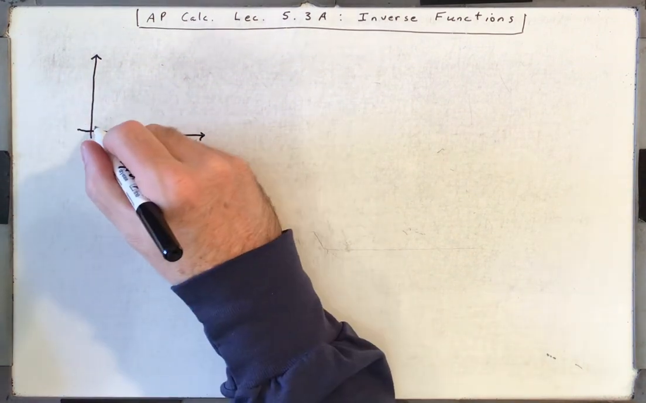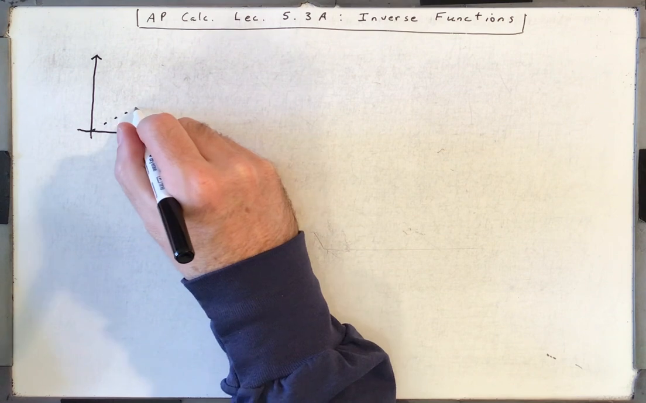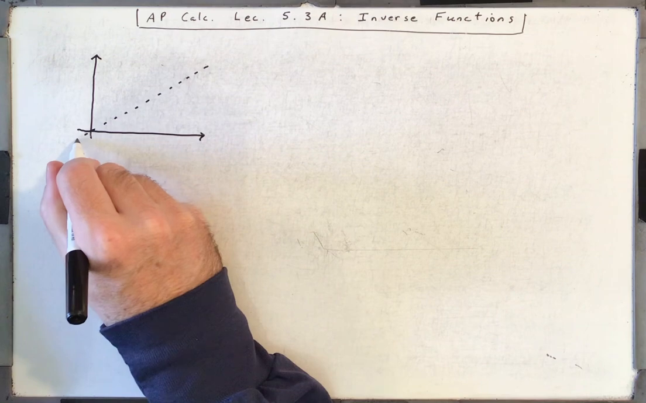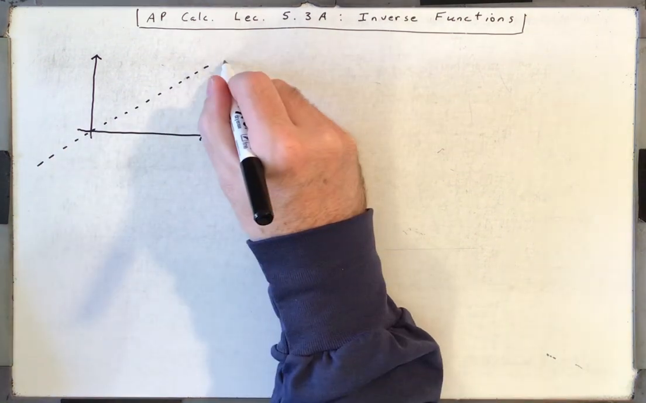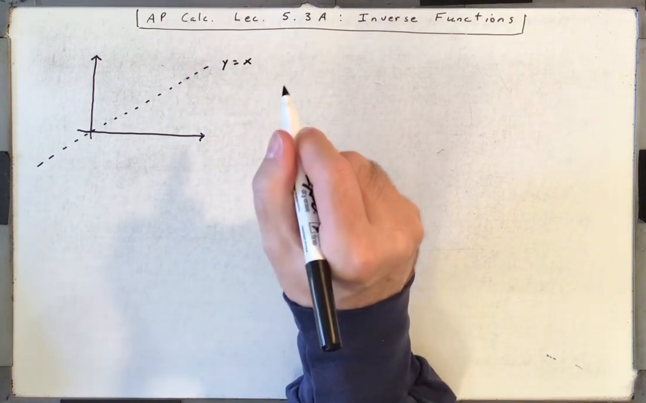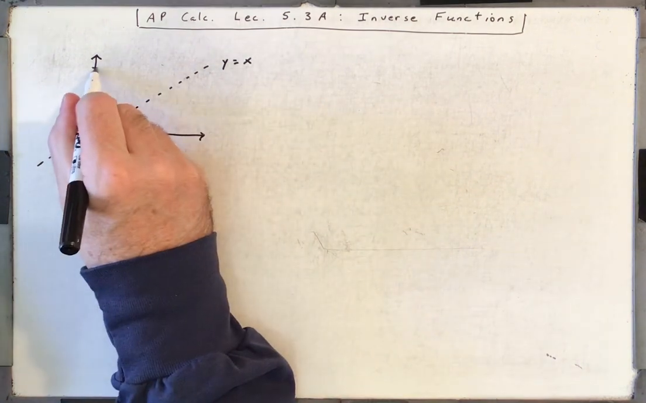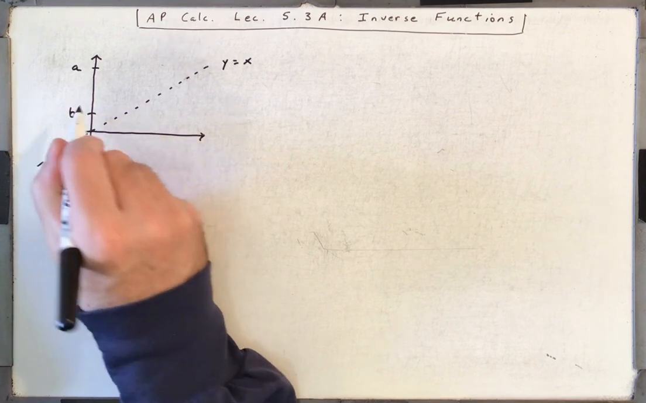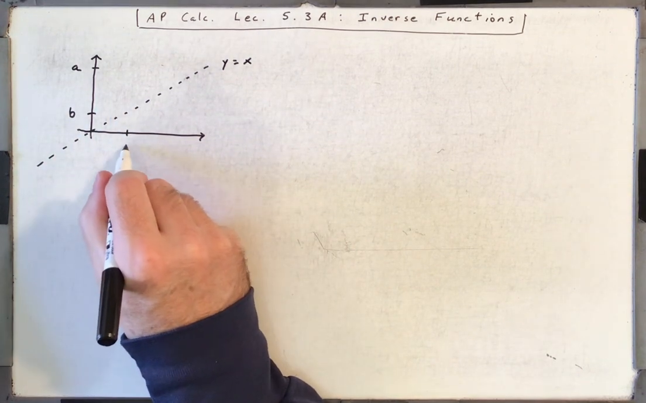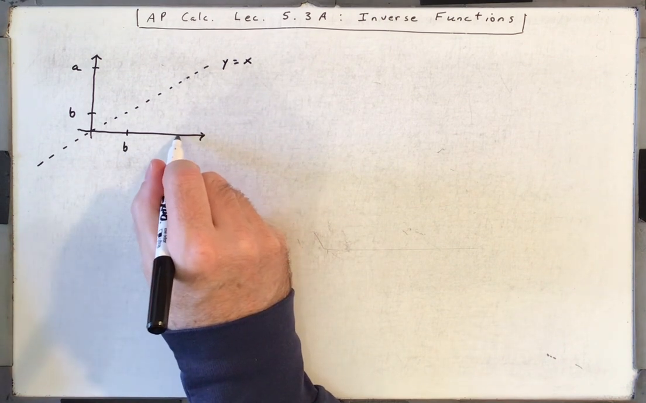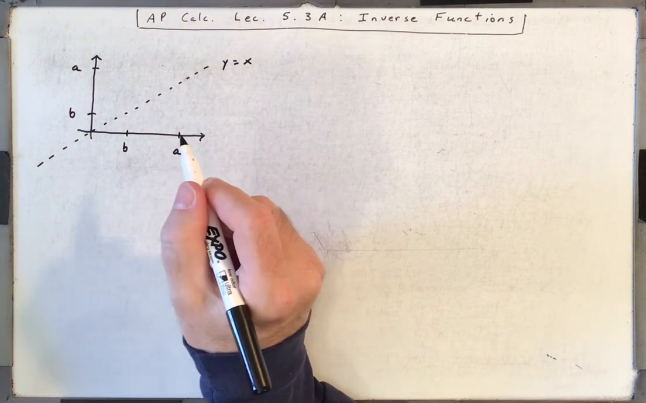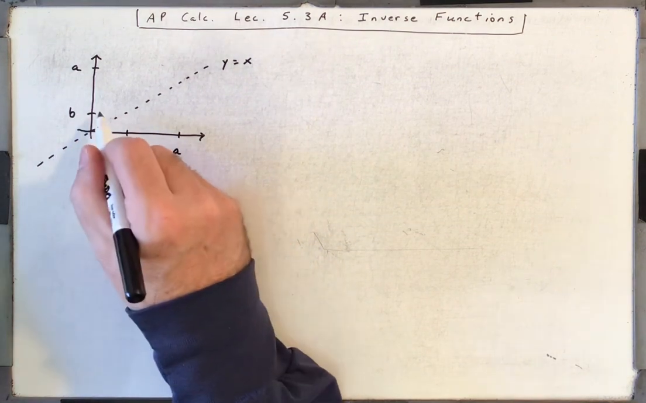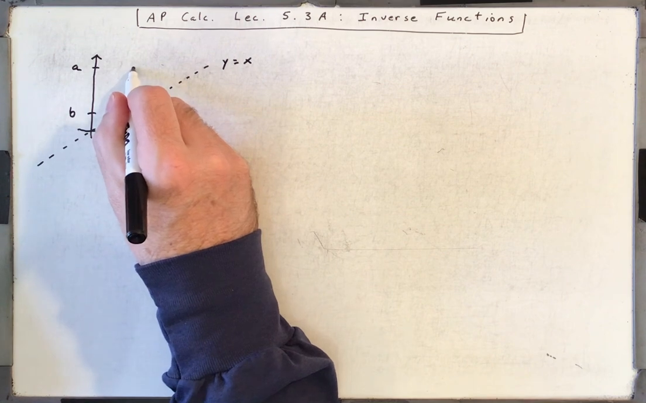All right, so I'm going to draw the line. We'll do it as a dash line. The line y equals x. Okay, and let's have point B, and point A. Okay, so at the point BA, so over B, up A,